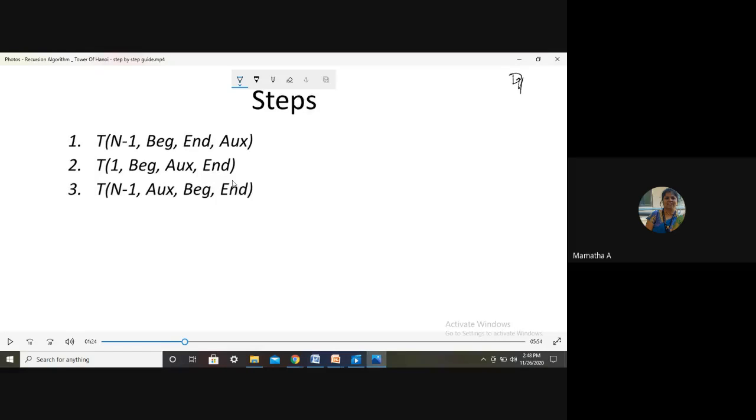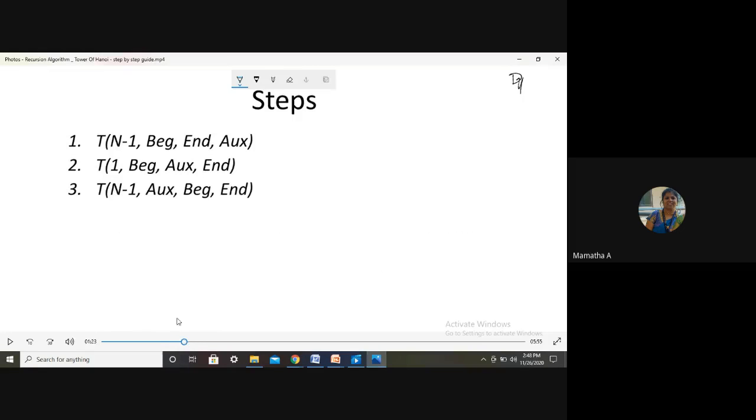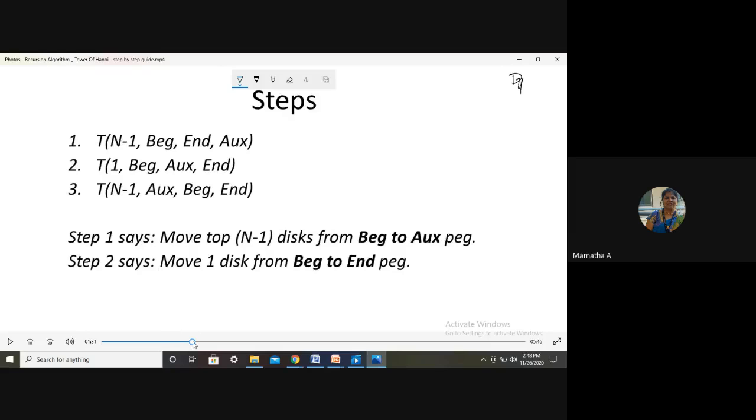But when you write the parameters, you should remember that the n minus 1 disks on the source, that is beg, should be moved to auxiliary using end. Then the n minus 1 disks on the auxiliary are moved back to end using beg. Very simple as it is there. Right? Now, as it has been shown here, you can see,